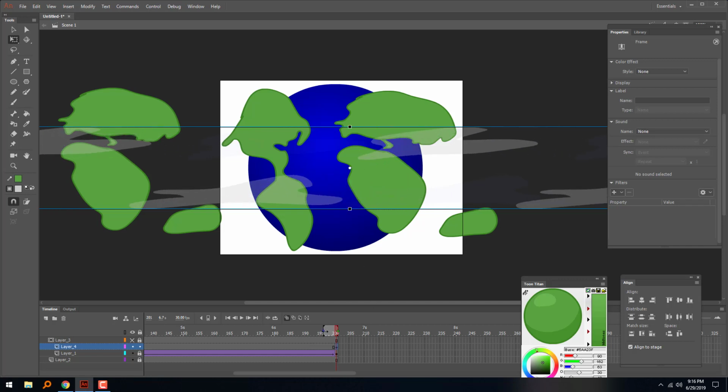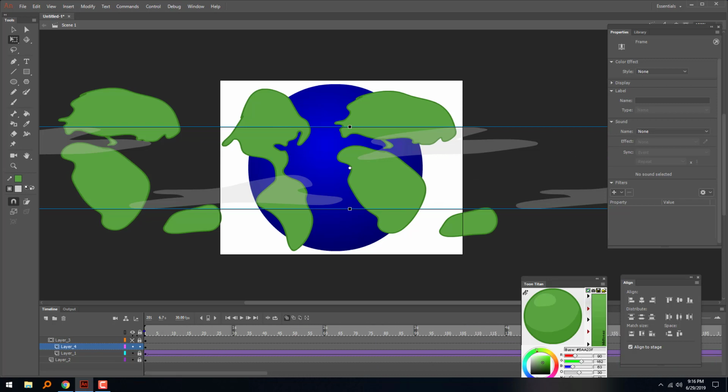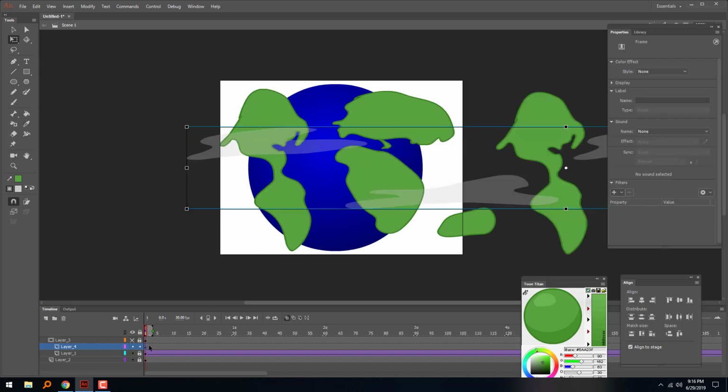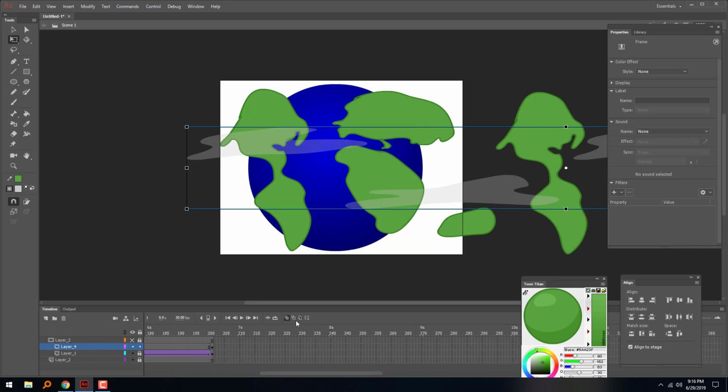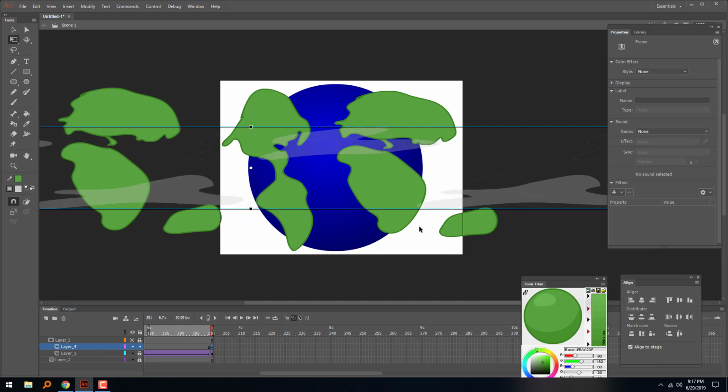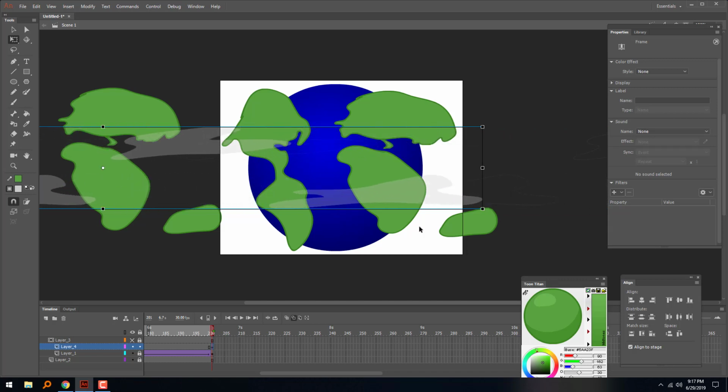Let's see here. Maybe I shouldn't have done the alpha too much. Let's do the outline mode instead. That might work better for this. I can barely see where that outline is because of the color and the alpha shape. So maybe don't do the alpha before. So we're going to try to bring this to match